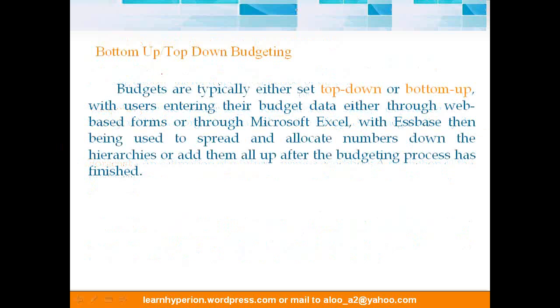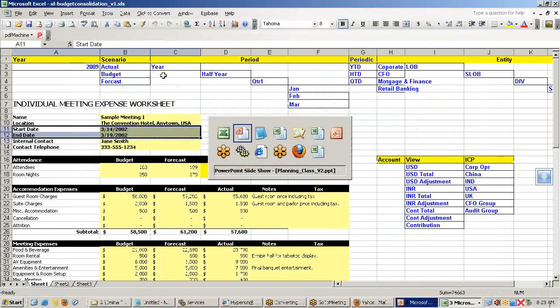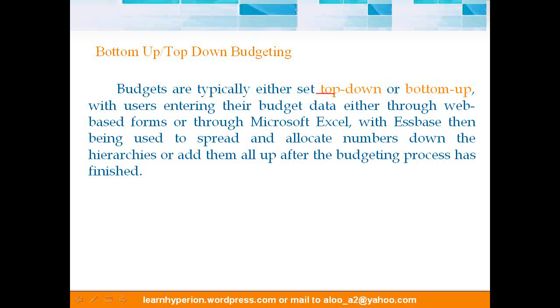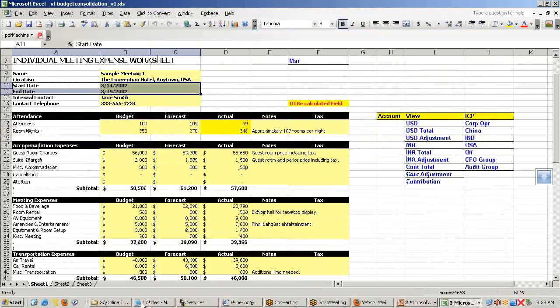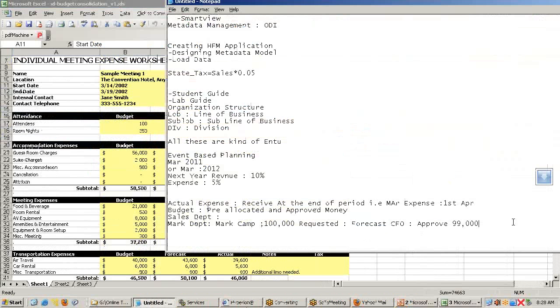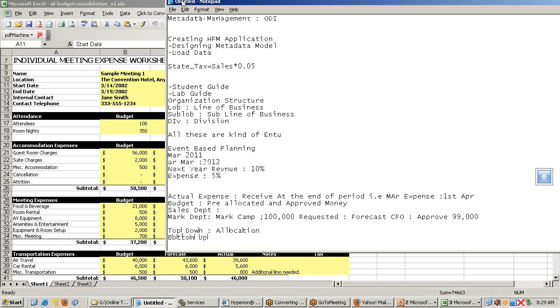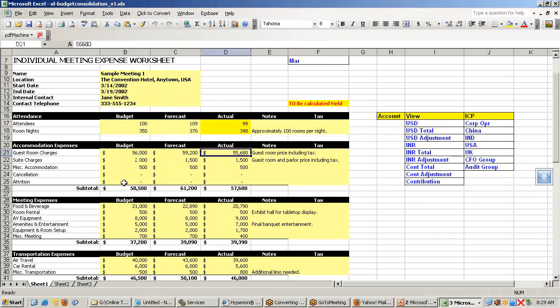So in SBS we learned basic consolidation. Planning is of two types, top down and bottom up. Top down, we call it allocation. Bottom up you know very well, we've been using it. Now look at this example. The company says we give you total money, the total money allocated to the company, and says distribute this money to various activities.